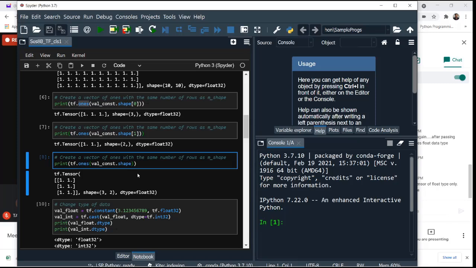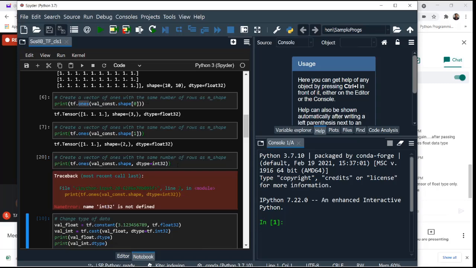So let me change it with dtype. I'm sure it is correct. Let me see. Okay, I'm not sure whether it will work or not. I think we have to give it here. No. Let me see in ones. Do I have to give another parameter to this, or